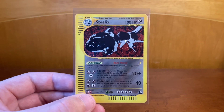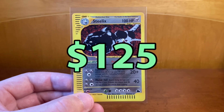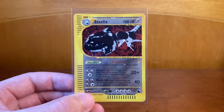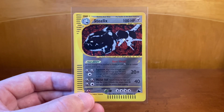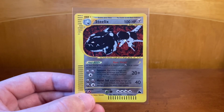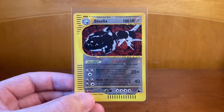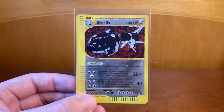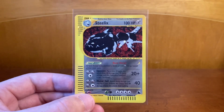This card currently has a price of about $125, and I would like to note that this card was pack pulled by me. It was pulled sometime around 2004 to 2006. Skyridge came out in 2003, and I was opening cards during that time. I don't recall exactly when I pulled this card, but I do know that I pulled this card out of